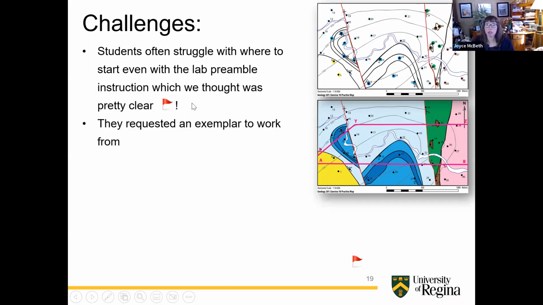It can be hard for them to figure out how to do that, even though we give a lab preamble that's very detailed. And we thought it was clear, right? Red flag, threshold concept, right? So after the first COVID working from home semester, so that semester in 2021, when we first brought out the